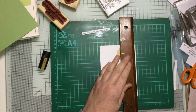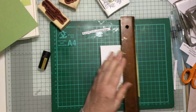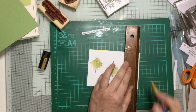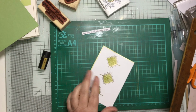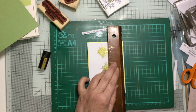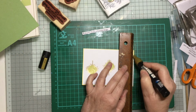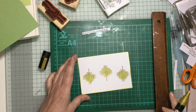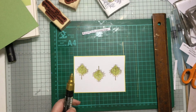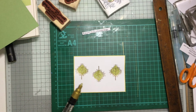do a little bit of a gold line round the side. And so you've got your gold embossing, and then we're just doing the sides in a little bit of gold. All the way around like this. And then I can take, we're going to have it that way up, won't we? I'm going to take this and I'm just going to add some speckles to it, which you know I enjoy doing. So just take this and you can get